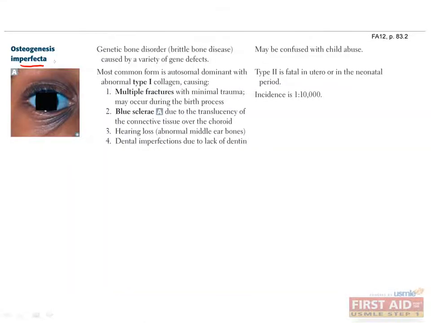Osteogenesis imperfecta is one of the most common deficiencies in collagen synthesis, occurring in about 1 in 10,000 people. Consequently, it's also the most commonly tested. It's also known as brittle bone disease, since it prevents the synthesis of type 1 collagen, which is a key component of bones. Since there are several different genes involved in collagen synthesis, there are a variety of gene defects that can cause this disease. The most common viable form is autosomal dominant, but another form, called osteogenesis imperfecta type 2, is fatal in utero